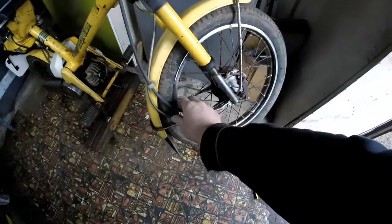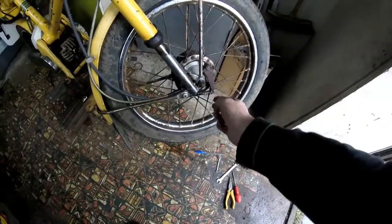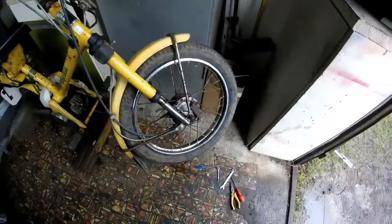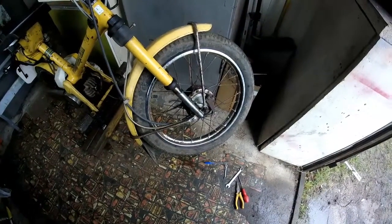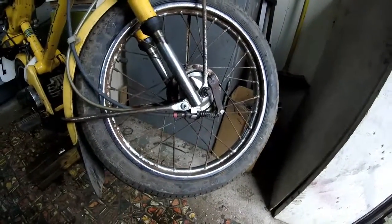This is the original cable, and it was practically seized solid when I got the bike. So what I had to do was cut the knob off one end, pull the inner out, and then I cleaned the inner and lubricated it, and best as I could cleaned the outer of the cable out. And then I put the inner back in and welded a new knob on the end, but the problem is it's just slightly too short now,